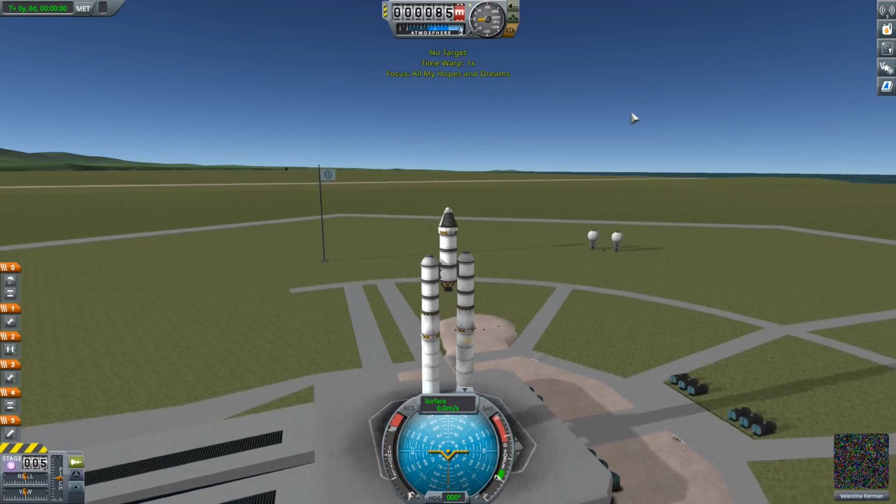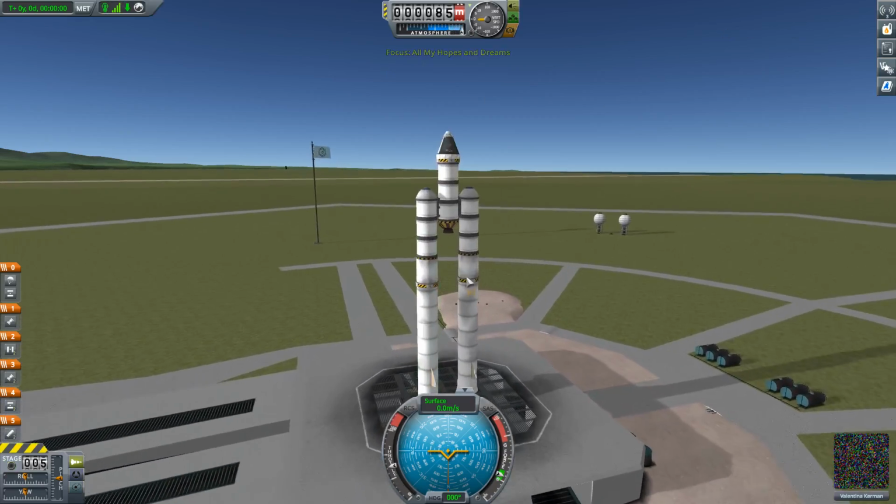Last one worked. We probably could have done better on the gravity turn. We probably could have had better fuel. If this is...